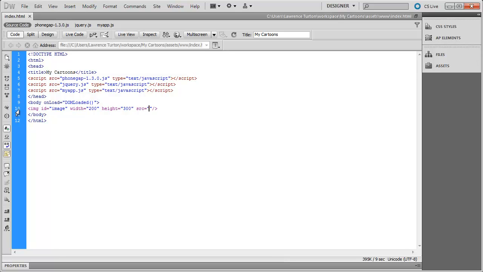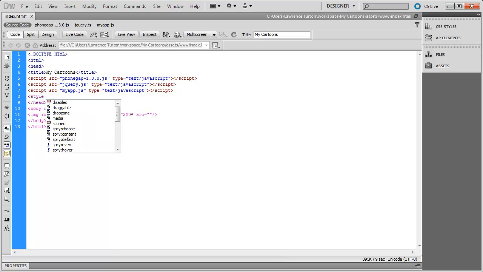So I want to hide this image element using CSS, and then through JavaScript I want to populate the source attribute, and then unhide this element so that the user can see the image. So in between the two head tags,